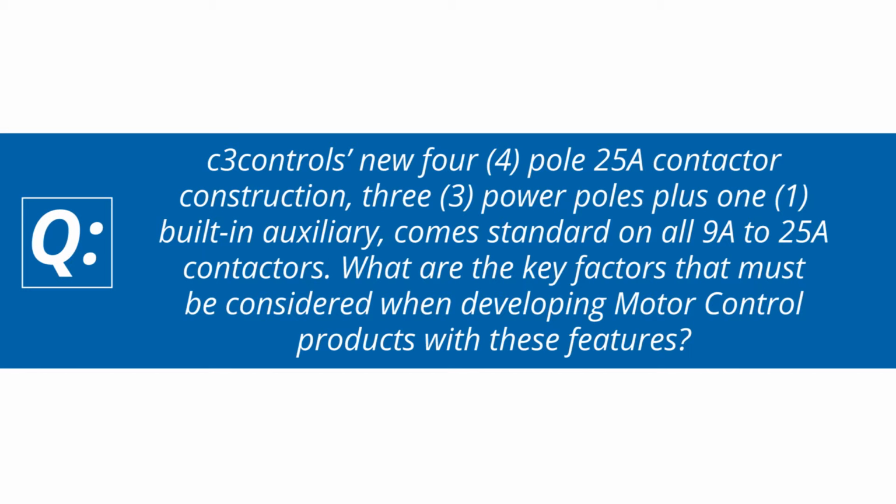C3controls' new 4-pole 25 ampere contactor construction, 3 power poles plus 1 built-in auxiliary, comes standard on all 9 ampere to 25 ampere contactors. What are the key factors that must be considered when developing motor control products with these features? Anytime you try to pack 4 pounds of something into a 3-pound sack, you're going to have a tough